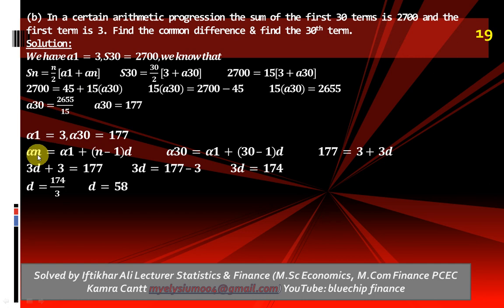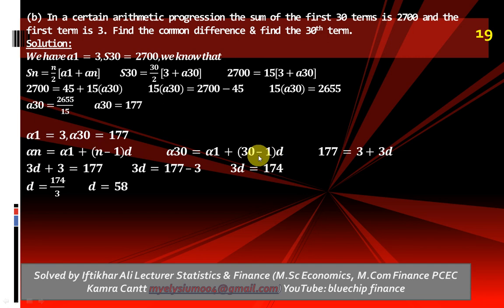Now we can apply the formula for the common difference. Alpha n equals alpha 1 plus (n minus 1) multiplied by d, and alpha n, that is the 30th term, equals the first term plus (n is 30 minus 1) multiplied by d. The 30th term is 177, equals the first term 3, plus (30 minus 1)